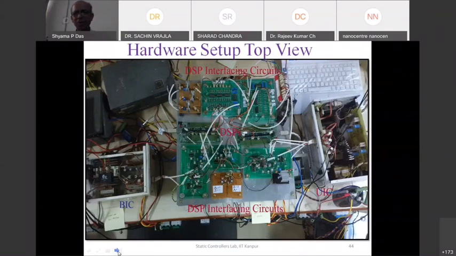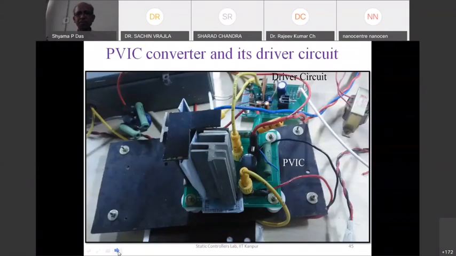Next slide, please. This is the photovoltaic interface converter. The photovoltaic interface